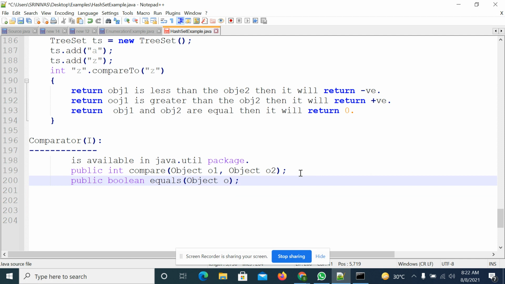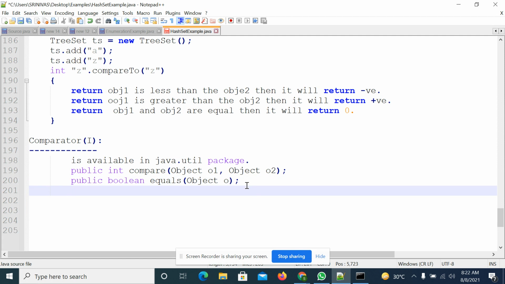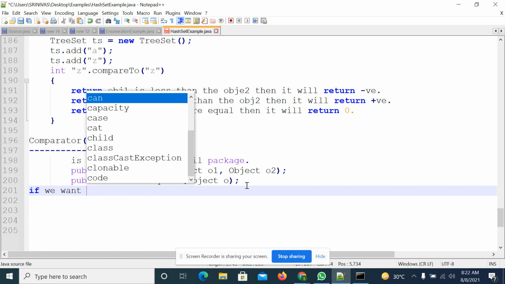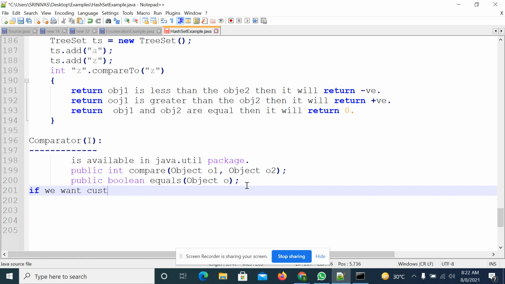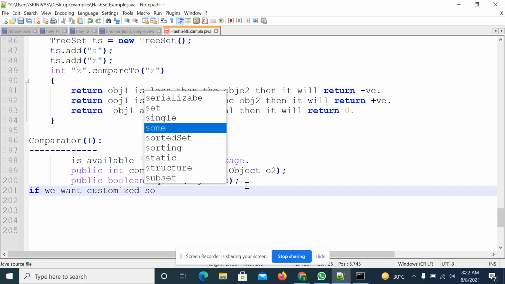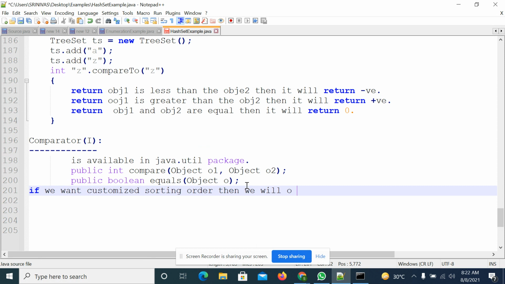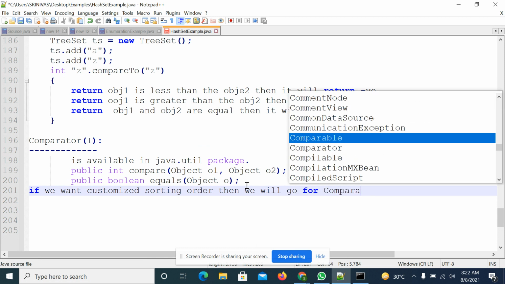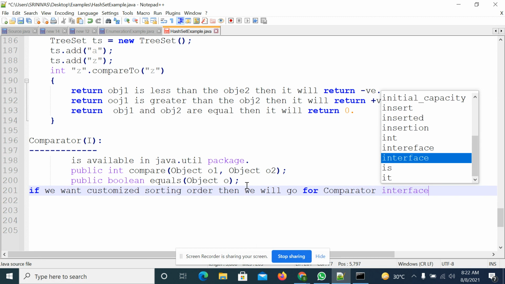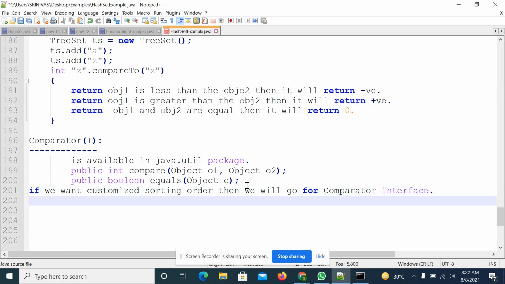So when we use the Comparator interface, if we want a customized sorting order, then we will go for the Comparator interface.